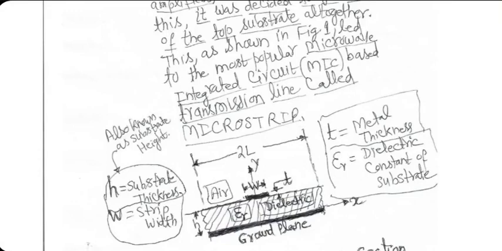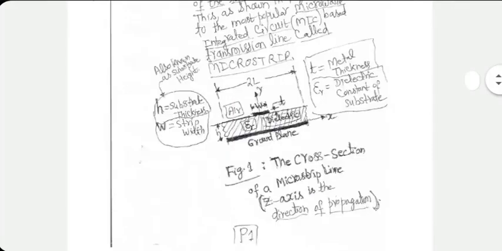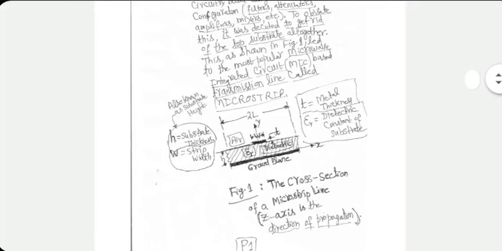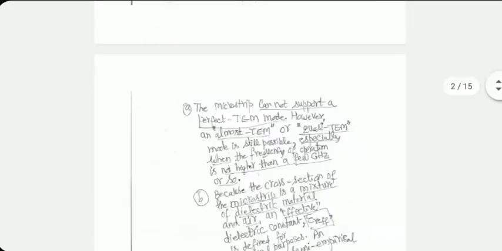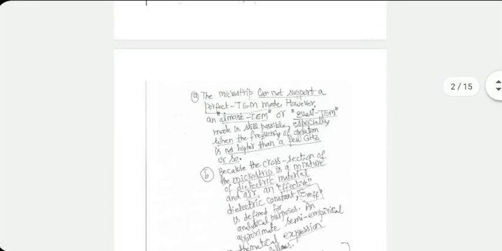Now, one problem here is that you cannot use square root of epsilon r like we were using in strip line, because now the cross section has a mixture of air and dielectric. Lot of analysis has been done in this case, and what they came out with was an approximate hypothetical concept called effective dielectric constant, epsilon r effective, which captures the reality that cross section is not uniform. It is partially air and partially dielectric other than air. A lot of researchers worked on it.